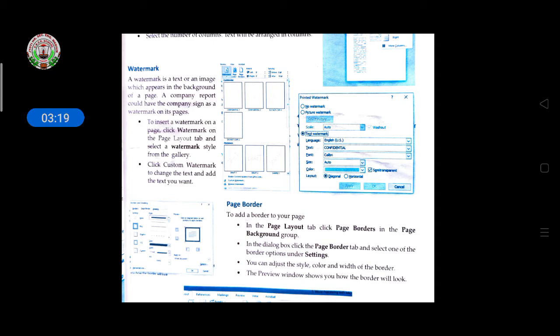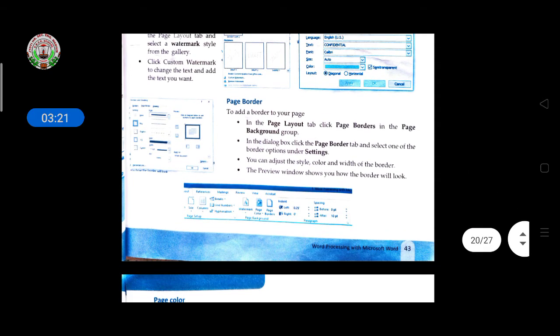Okay, if you want to add the text, then you can add the text. Means suppose you want to write your name in the transparent background of your page, you can write anything. With the help of this watermark it will display.